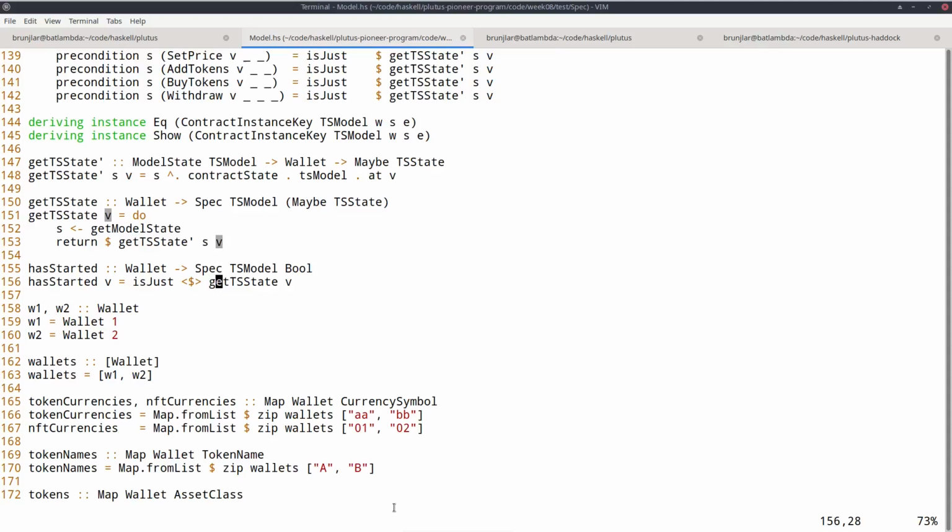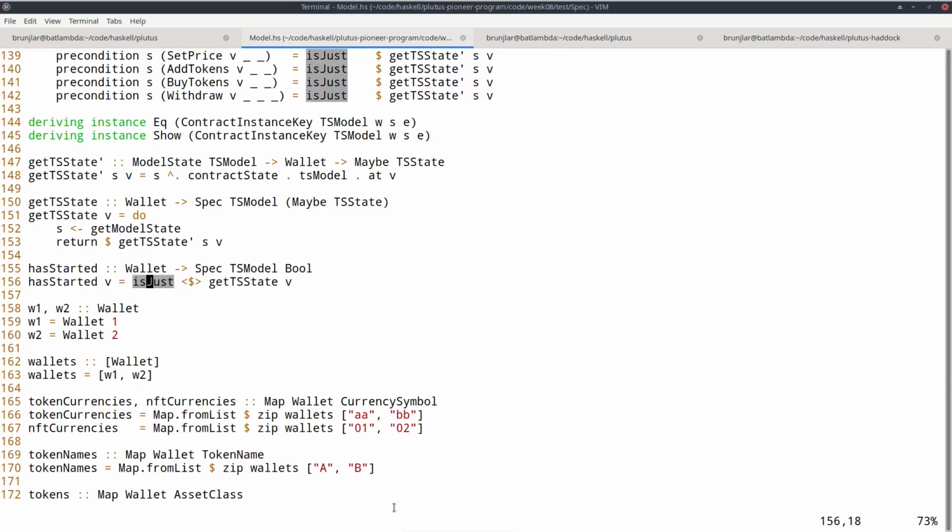And finally, yet another variation of this getTSState that I call hasStarted. So given a wallet in the spec monad, it's supposed to tell me whether the token sale for this wallet has started or not. So I just use this getTSState that I just defined, and if I find it, if it's just something, then the token sale has started, and if it's nothing, then it hasn't.